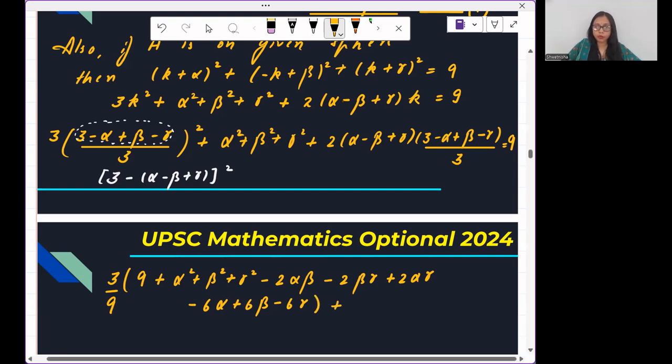That's it. Plus alpha square plus beta square plus gamma square